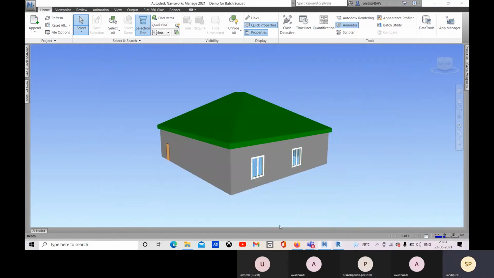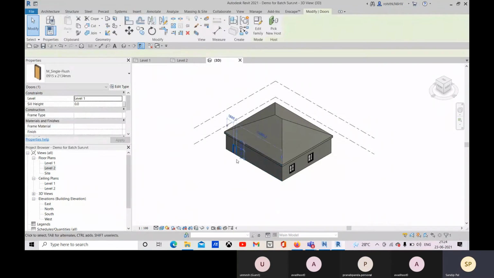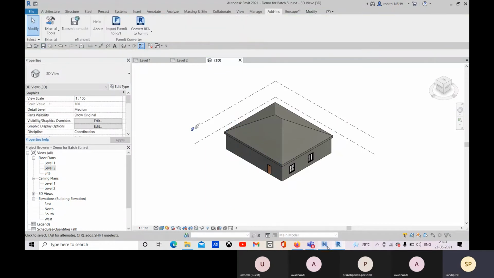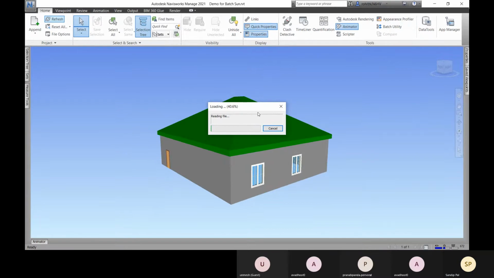Now let me go to Revit and change something. Then let me go for save. Now let me go to Navisworks, and then go for refresh, and here you can see that it's updating.